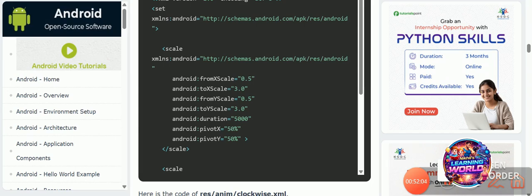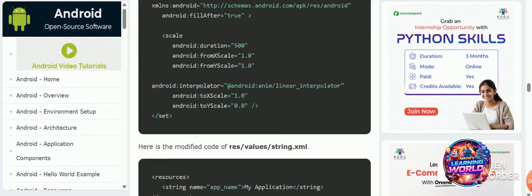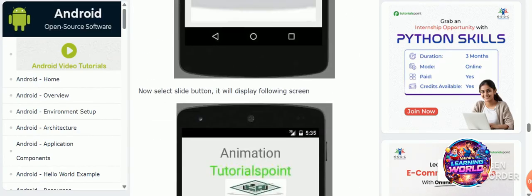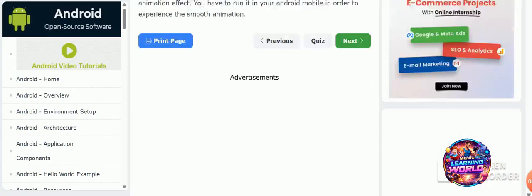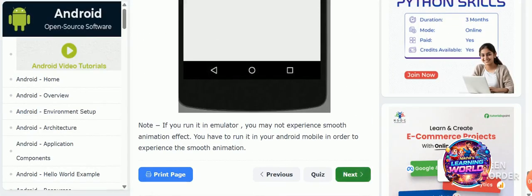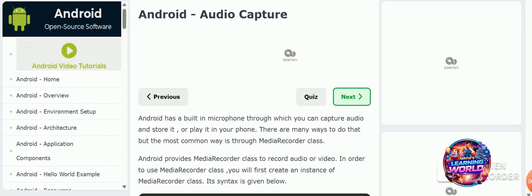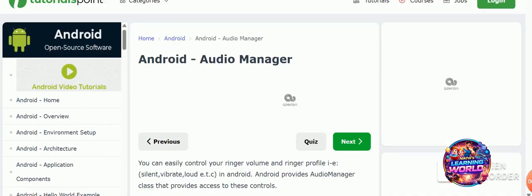We can create your audio. Your device supports the mic, and the mic is hardware, but you can create your own music, right? At that time, this audio manager will help us create Android applications regarding music, right? When we are creating a music application, this audio manager will help us